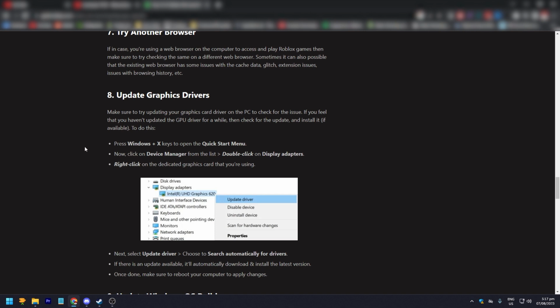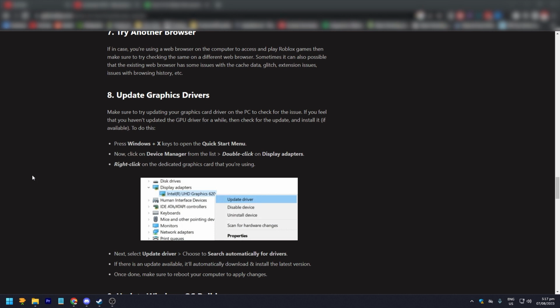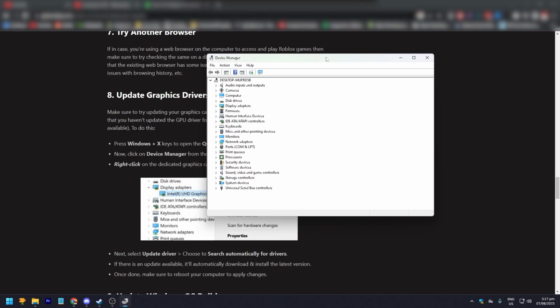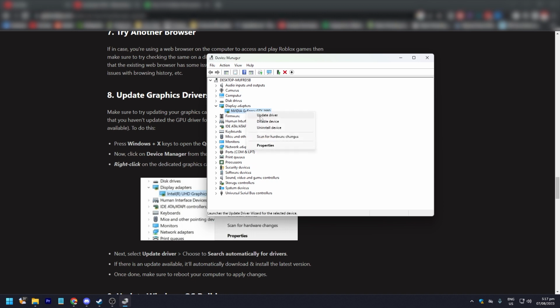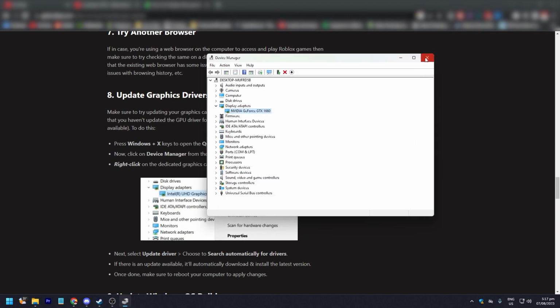So we can do that. Windows X. There you go. And then the Quick Start menu will appear, and then go to Device Manager, right? Let's go there. And then we just go to Display Adapters, and you can see this is our GPU, which is a GTX 1660. Right click on it. Click on Update Driver. Click on Search automatically for drivers. And as you can see, the best drivers for your device are already installed. So if that's the case,